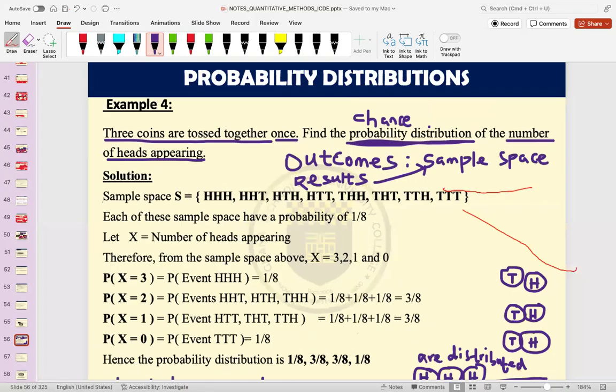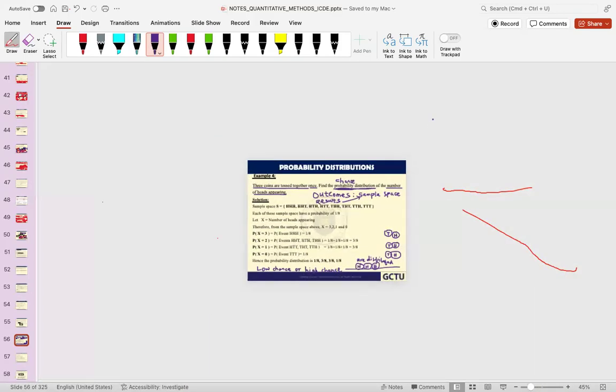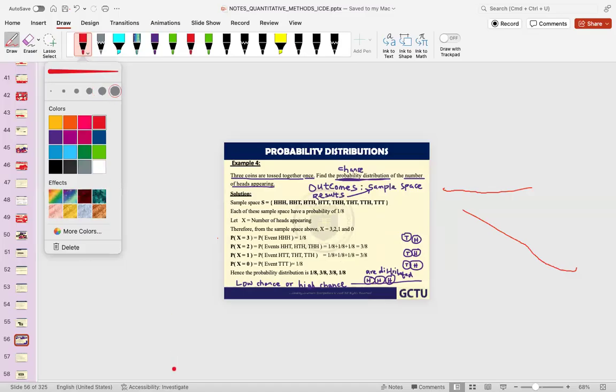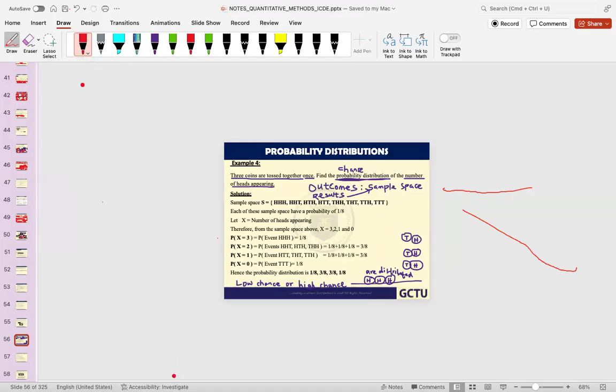So let's try our hands on it. Let's see, when you toss 3 coins, the possibilities of the outcomes you have. So if you toss 3 coins, these are the possible outcomes when we toss 3 coins. It means that,